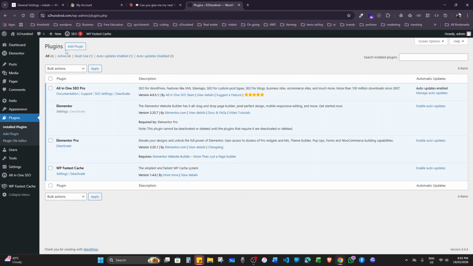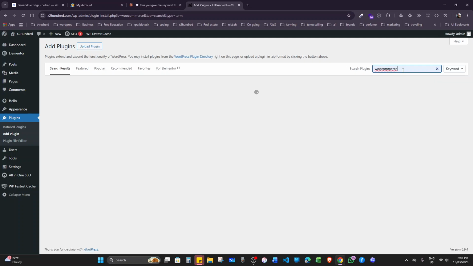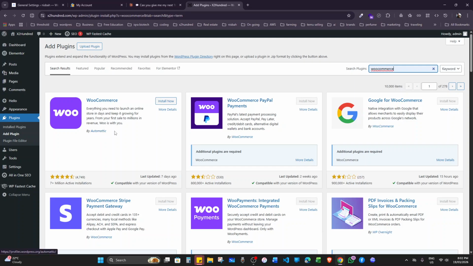Once you are on plugin page, you will see a button here. It says add plugin. Press add plugin and then search in this search plugin bar WooCommerce. Once you search WooCommerce, you'll see WooCommerce by Automattic. You press this button install now